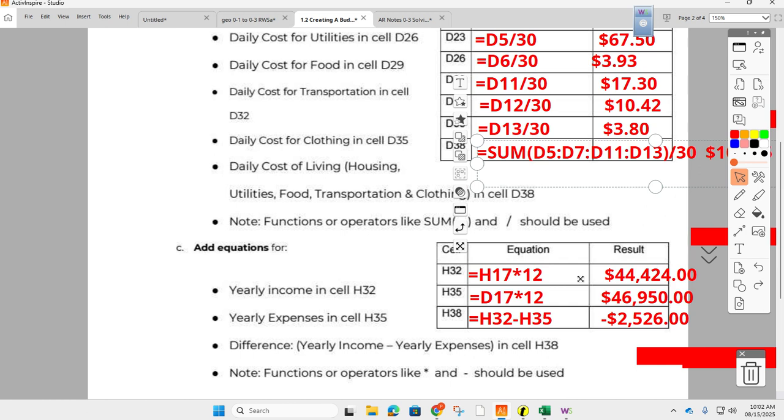Everybody else can go to Canvas. Go to the 1.2 vacation, 1.2 training is a budget Excel spreadsheet. I think she has the same assignment, so just work in there for now. You may have to switch over, or we'll work it out here. So just go to module, and